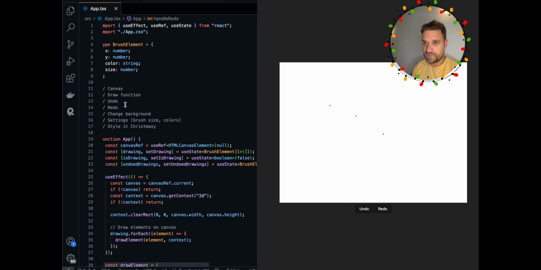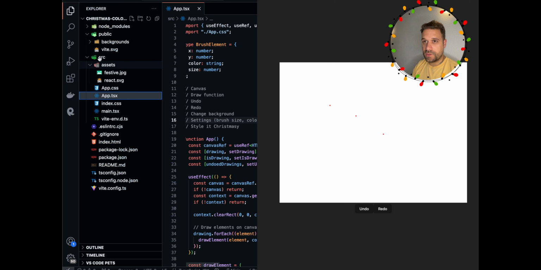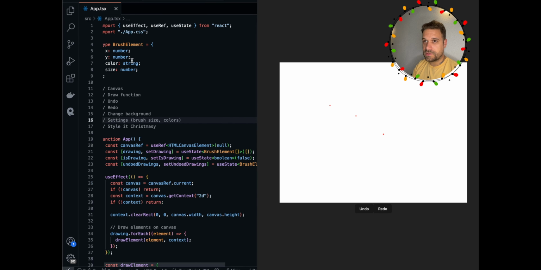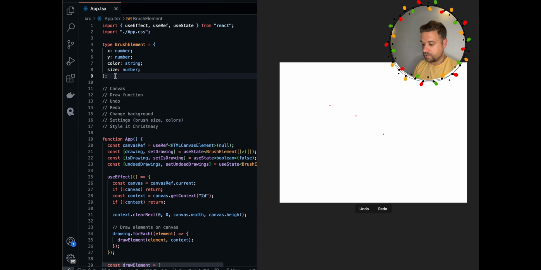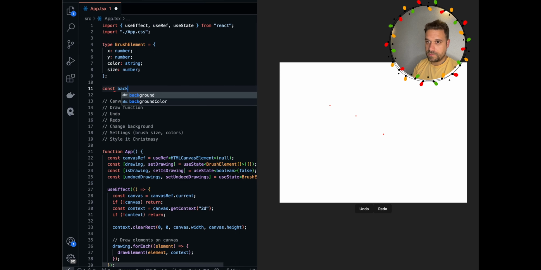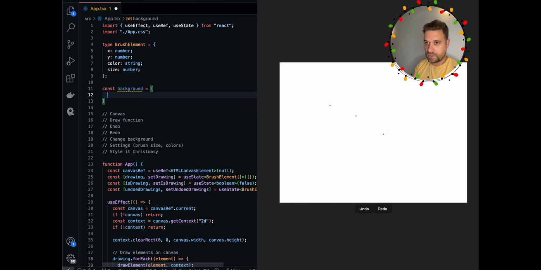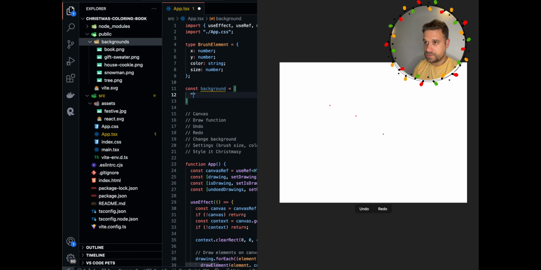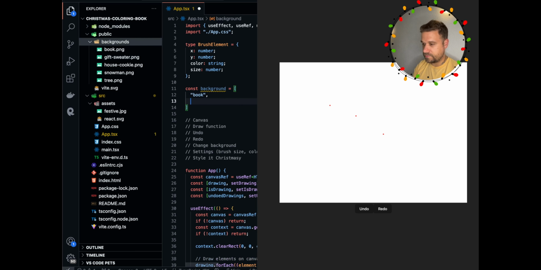Let's see what's next on our list. So now we have change background functionality. This one will be interesting. So for the background, I already created a backgrounds folder inside our public, and we're going to use that. So we can just hard code here backgrounds, and we can just take the names of our files. So first one is book, then we have